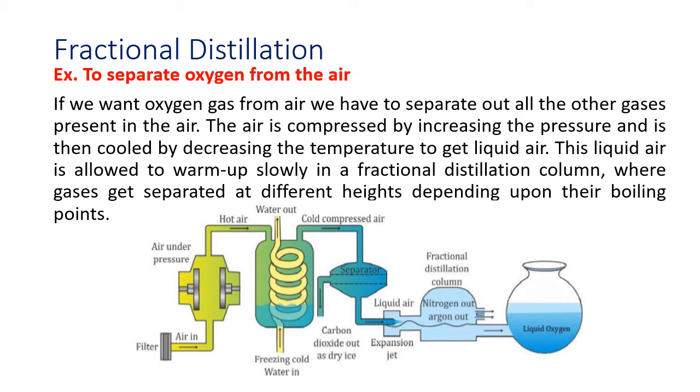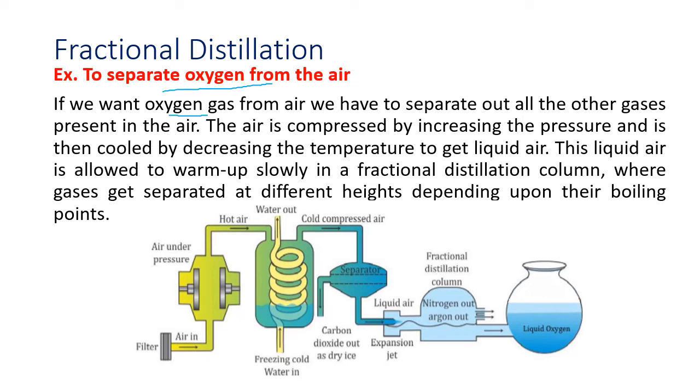Now we have seen in the book how to separate oxygen from the air. So look at and understand the diagram. If you want oxygen from the air, now in the time of corona, there are oxygen cylinders, right? People are kept on ventilators and a lot of oxygen is needed now. Because corona reduces the oxygen level in the body, people have to be given oxygen. So how do we fill this oxygen? You have to take it from the air because air contains 21% oxygen.